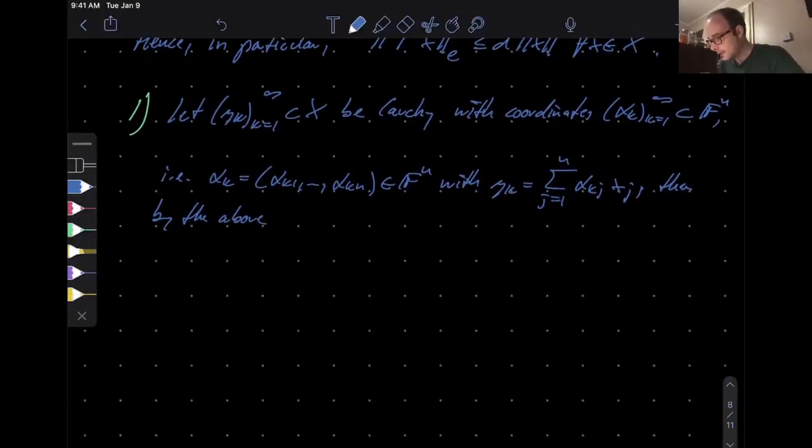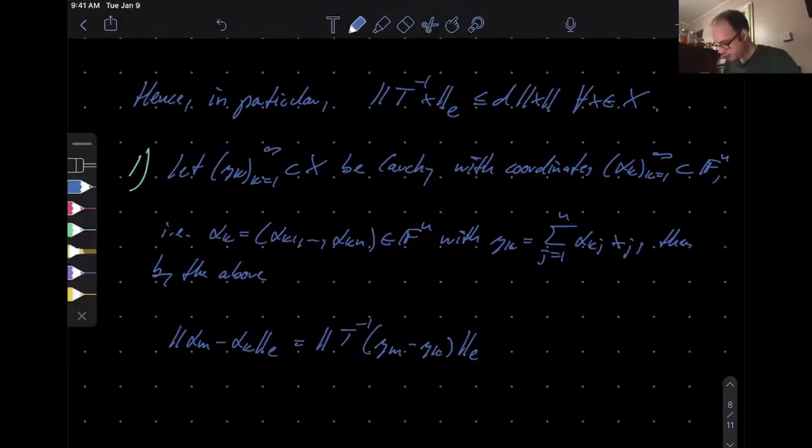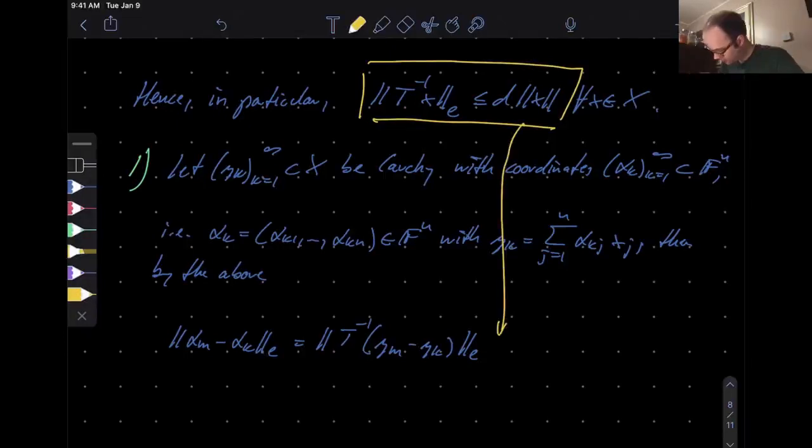I want to say something about alpha m minus alpha k. So those are the coordinates, and these are just the pre-images. This is how T is constructed, of ym minus yk. But you can still see this inequality up here, so use it. It's less than or equal to d times the norm of ym minus yk. Yeah, but ym was the Cauchy one, so this inequality tells you that the coordinates are also a Cauchy sequence,